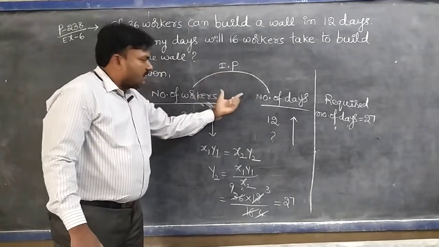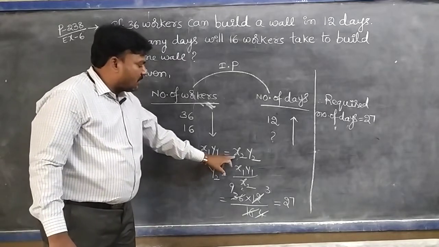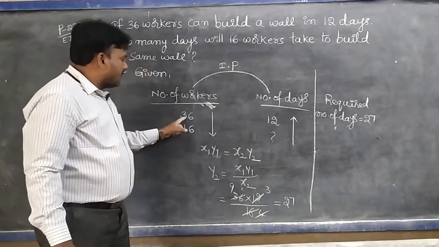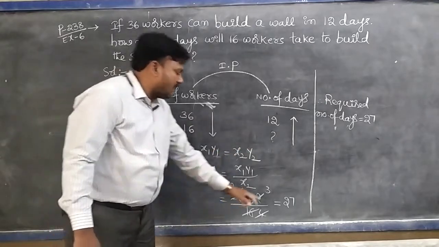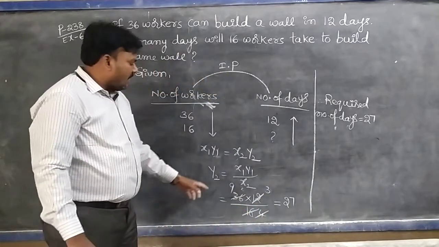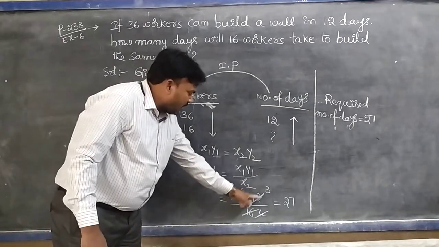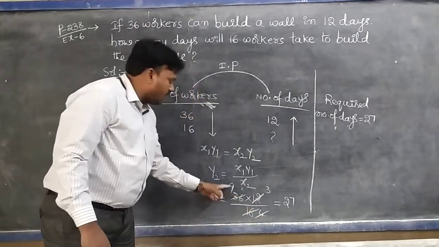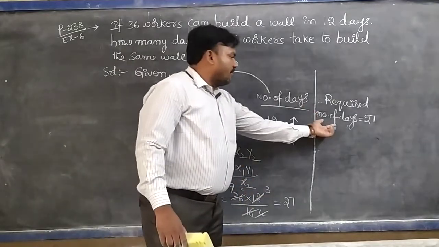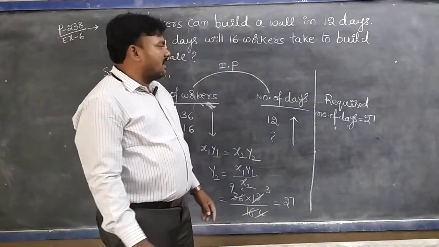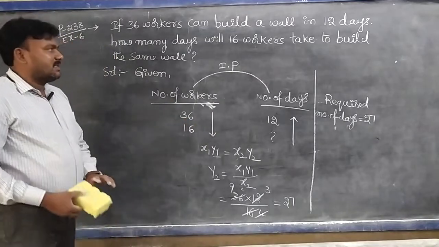If both quantities are in inverse proportion, we know very well that the formula is x1 y1 equal to x2 y2. Substitute the values here. Finally you will get 27. While substituting the values, first cancellation is very important. 4 3s are 12, 4 4s are 16. Next 4 1s are 4, 4 9s are 36. Finally 9 3s are 27. Therefore, the required number of days equal to 27 is the final solution, students. Write it down in the notebook and practice carefully, students.